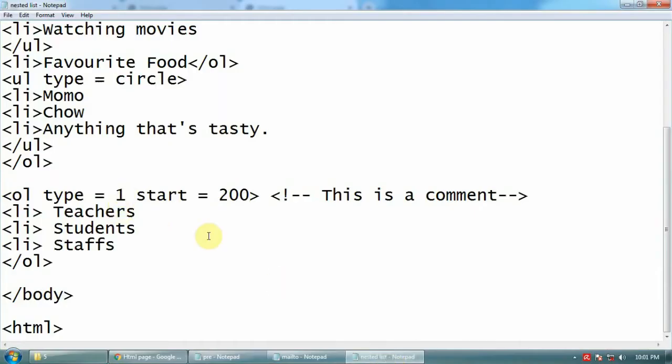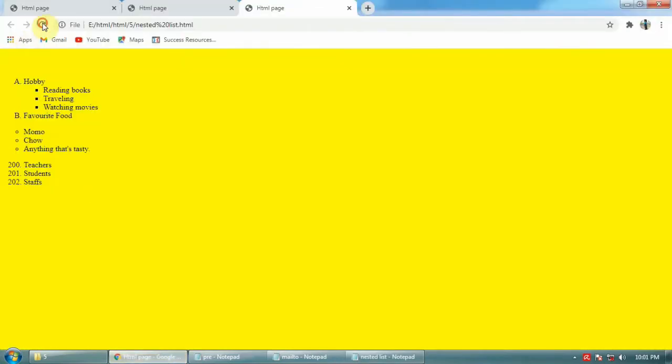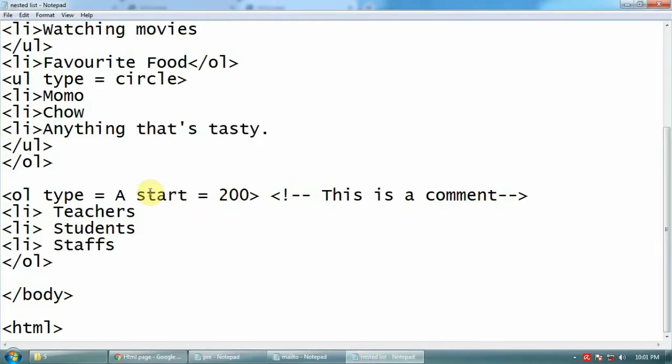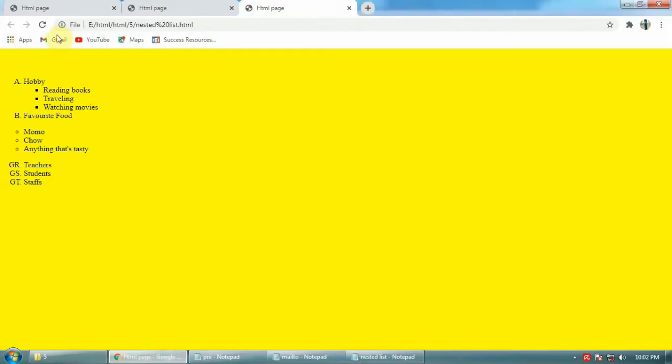What will happen if I give type equal to capital A, because alphabets are only 26? After 200, what will happen? Let's see, GR, GS, GG, means till 26. If I give here 26, from Z it will start, but after that again AA, AB, like that.